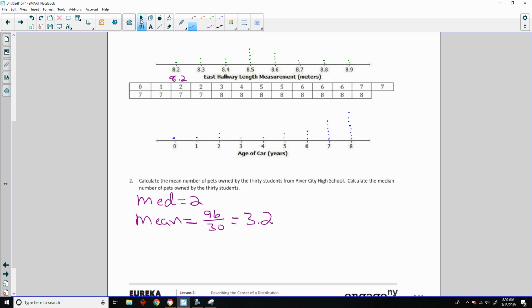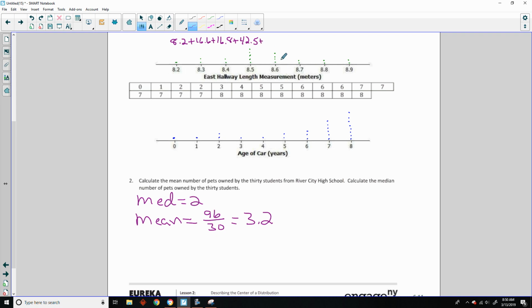Let me move these up here. So it's going to be plus 16.6 plus 8.4 times 2 is 16.8 plus 8.5 times 5 is let's see, 42.5